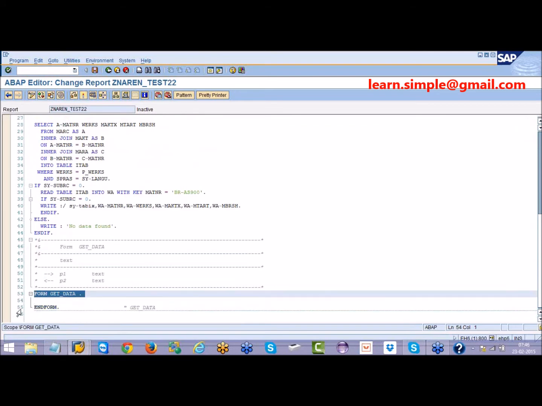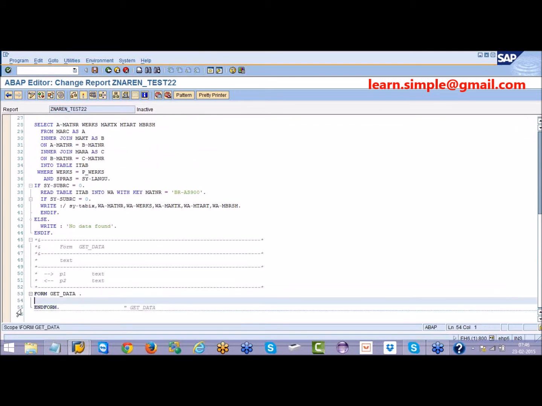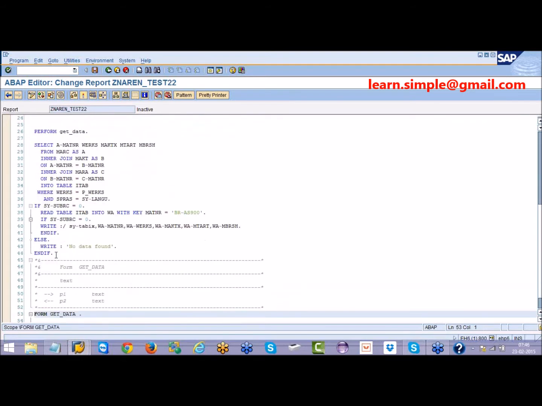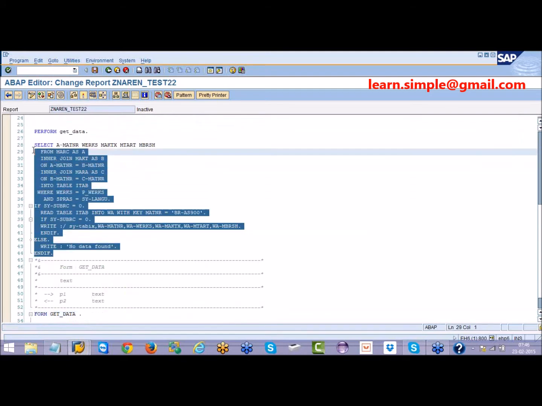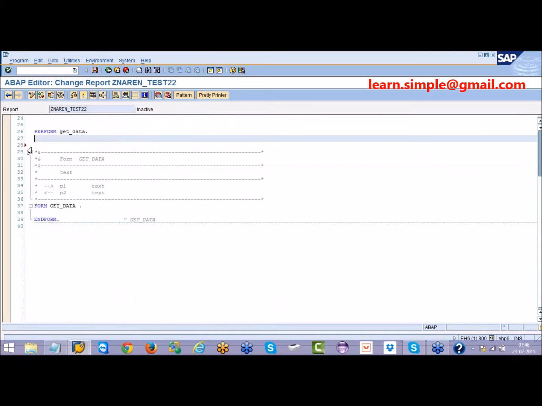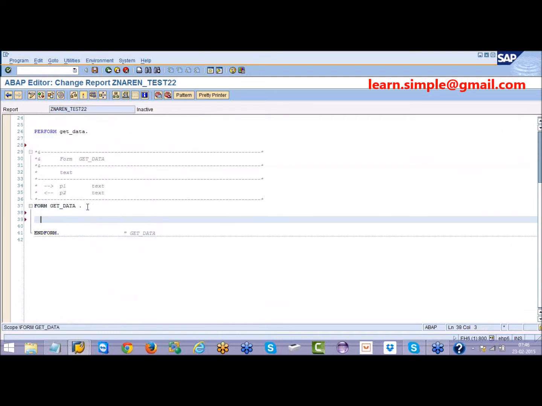FORM is always concluded with ENDFORM. Now, whatever syntax I have written here, I will cut it and paste it inside this subroutine.